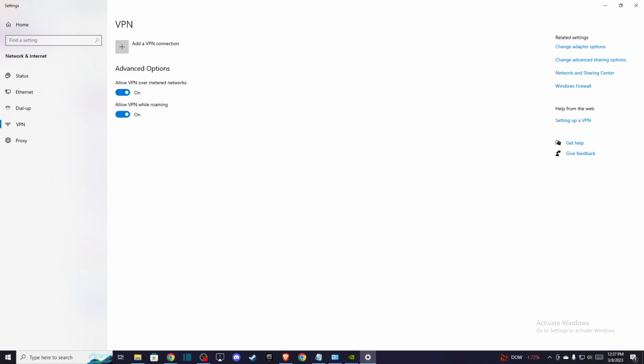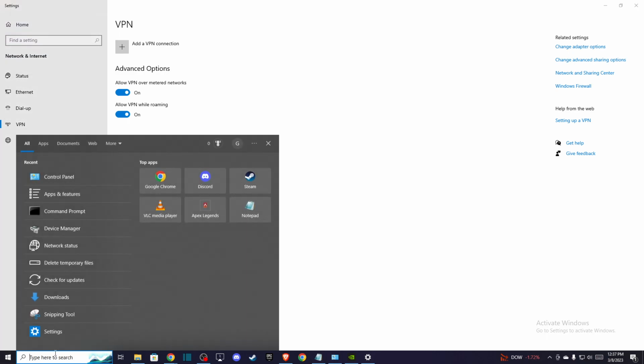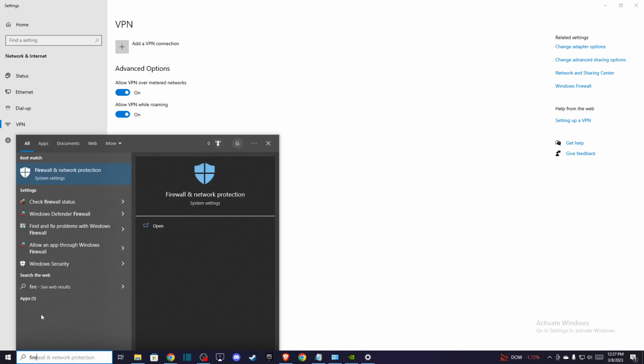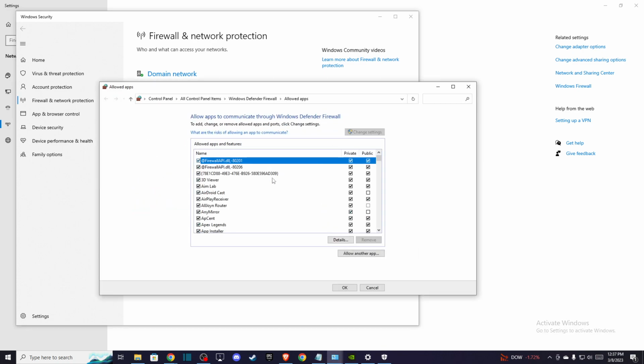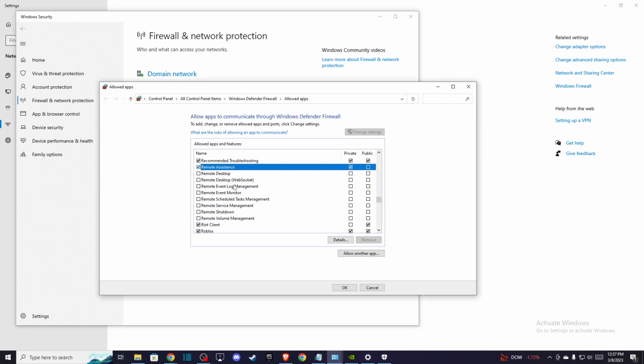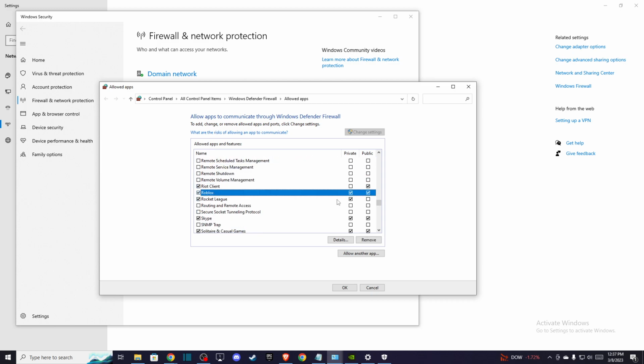And if the problem persists, then you need to go to search, go to firewall and network settings, firewall and network protection, and press allow an app through firewall. Press change settings and scroll down until you see Roblox here, and make sure these options are on, and then